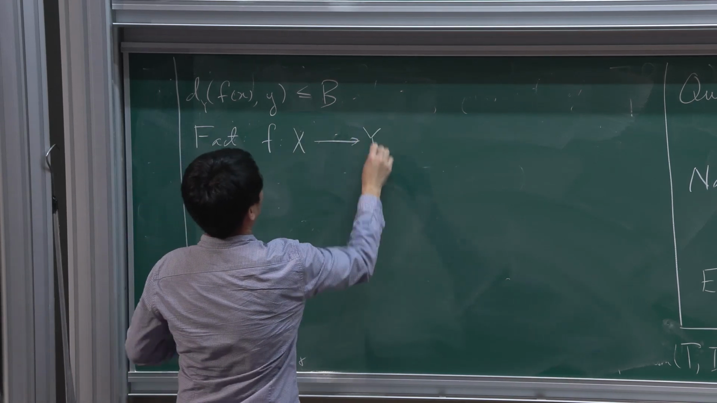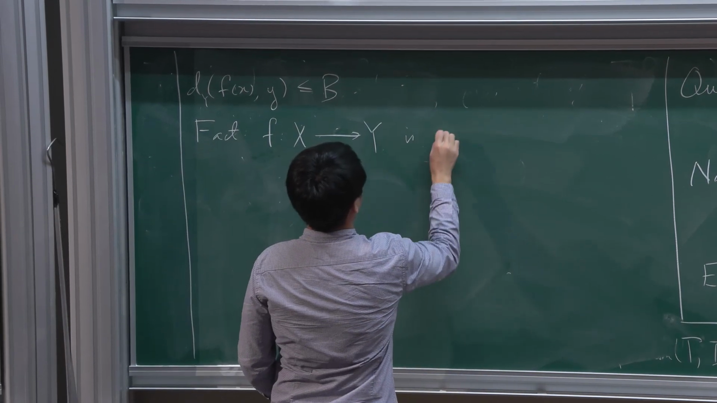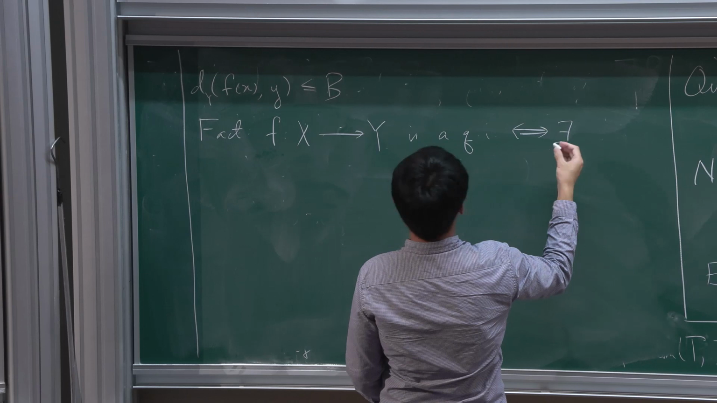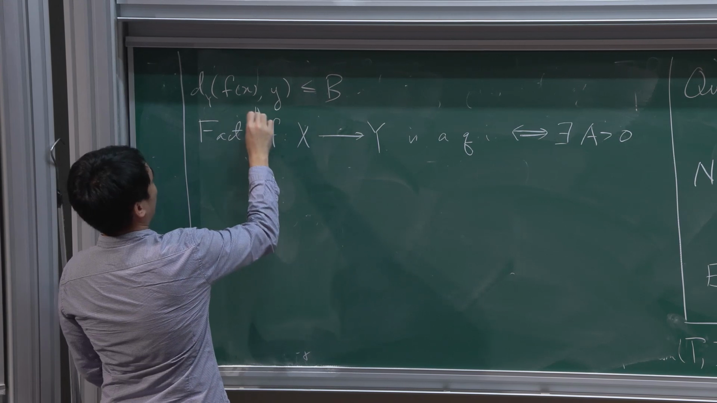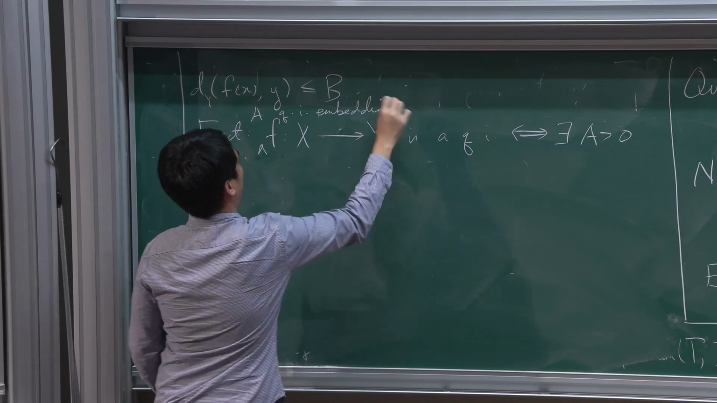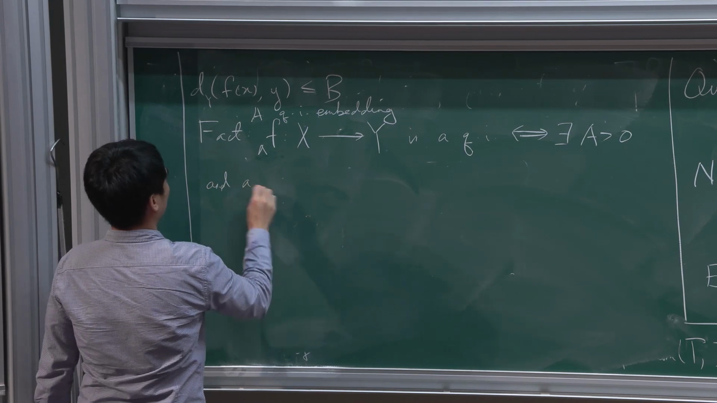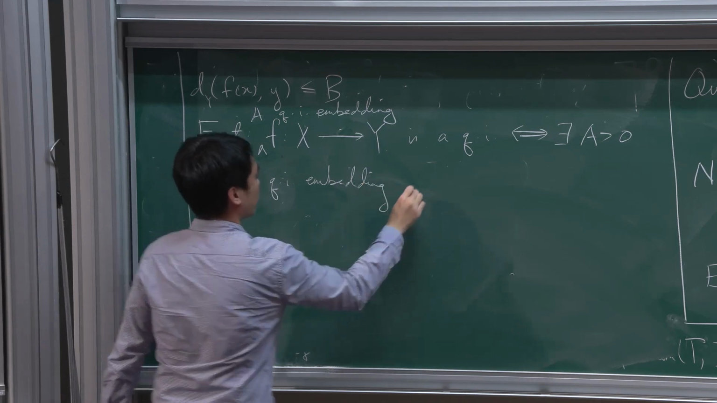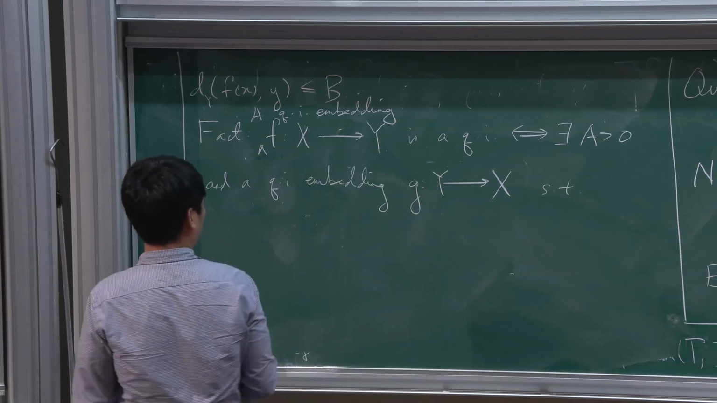So okay, here I'm assuming that this is a QI embedding. Okay, f from x to y is a QI if and only if there exists a constant, say a, and a QI embedding g from y to x, such that